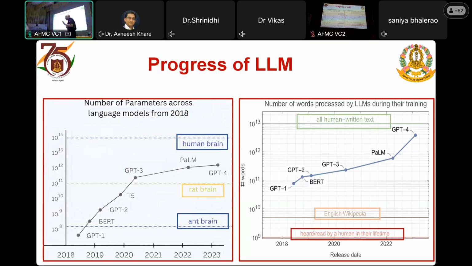Now, let me give a disclaimer. I'm really not sure of the scientific accuracy of this slide, but the information which comes out of it is that GPT-4 is still behind the human brain. More parameters mean more computational power, more faster power. So the human brain can still compute this delta more than ChatGPT.